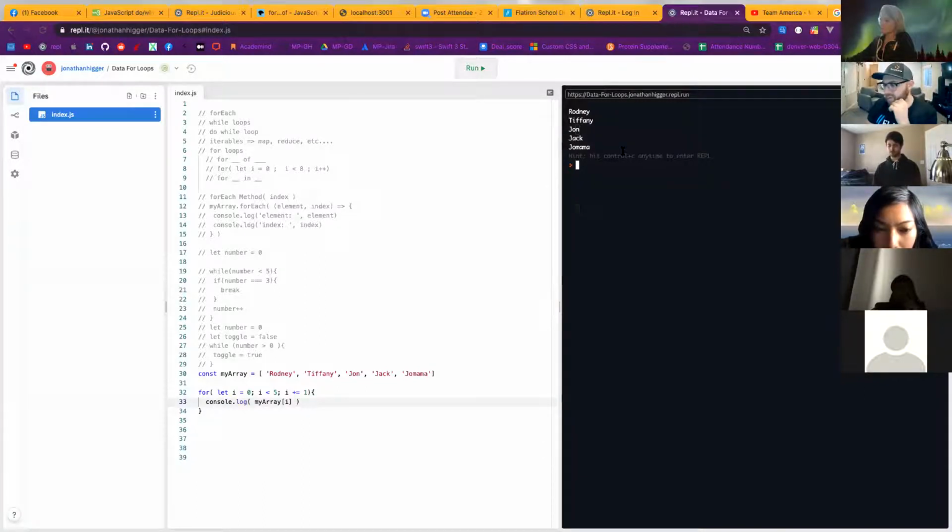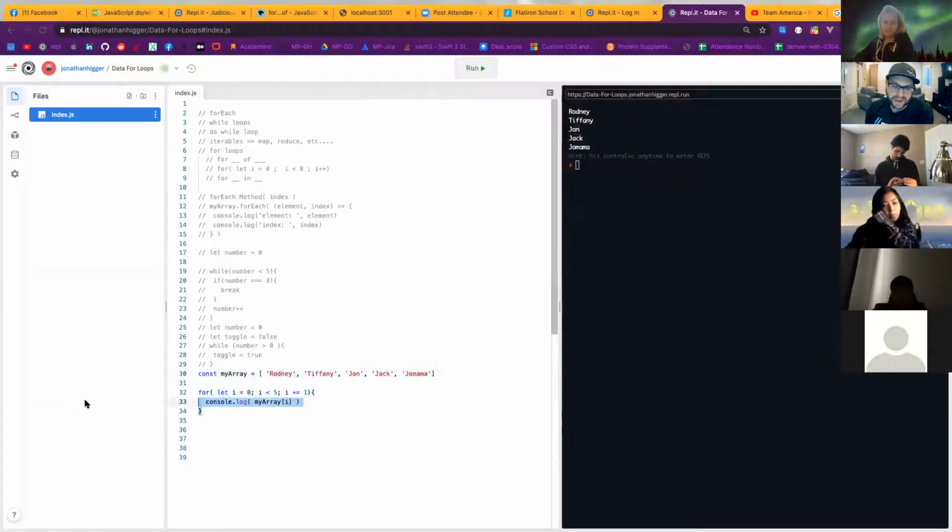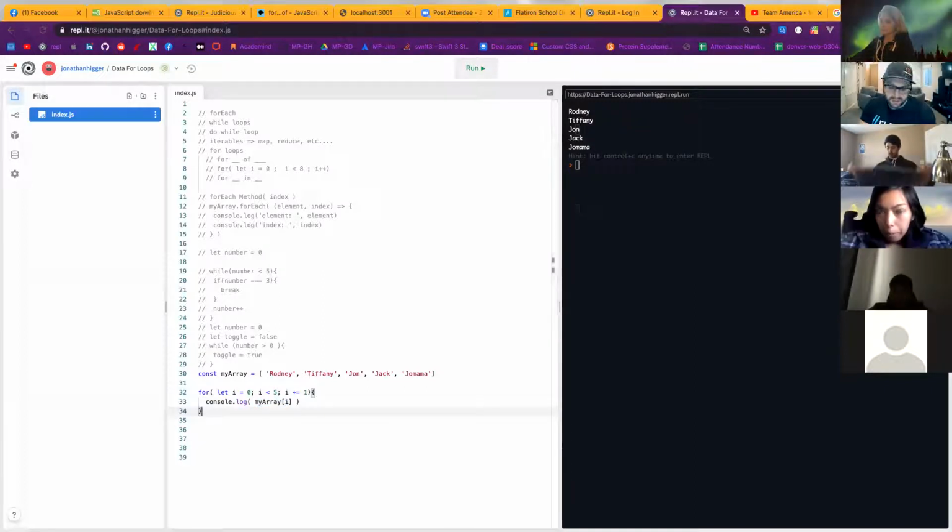So this is a basic for loop way of iterating, but what if I told you that there's an even easier way to iterate through an array with a for loop that you might see? This way is very, I would call it numerical and mathematic. You have to index this via a number. You're saying, let me index this array at a certain number. There's actually an easier way of doing that. You could also do